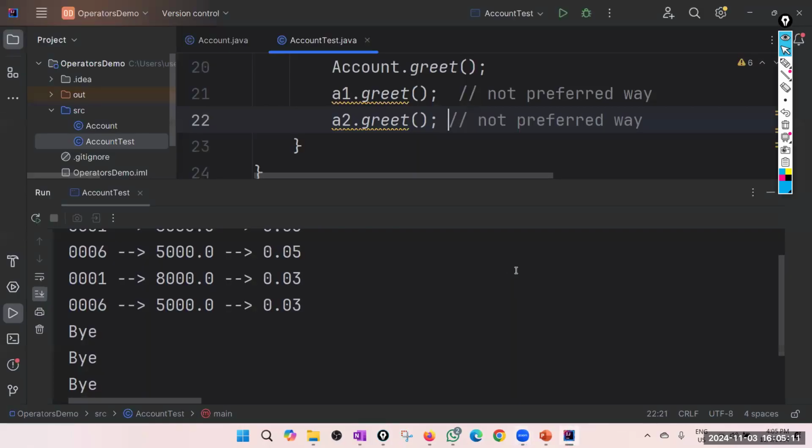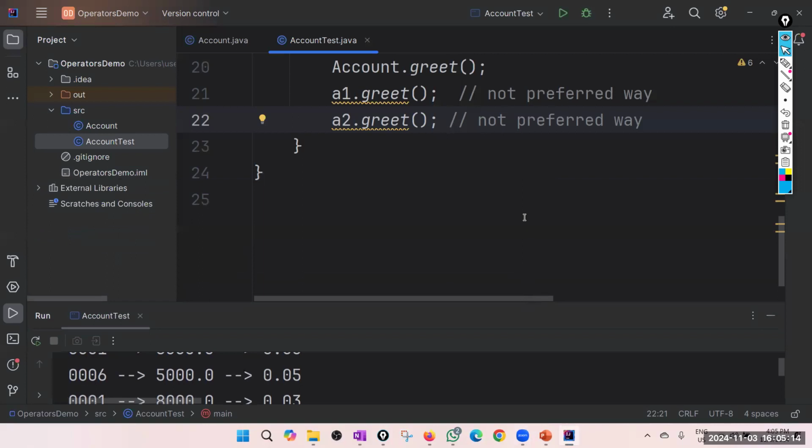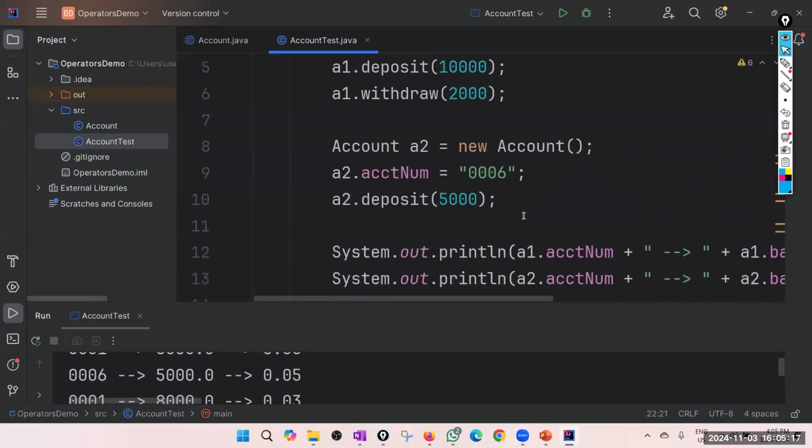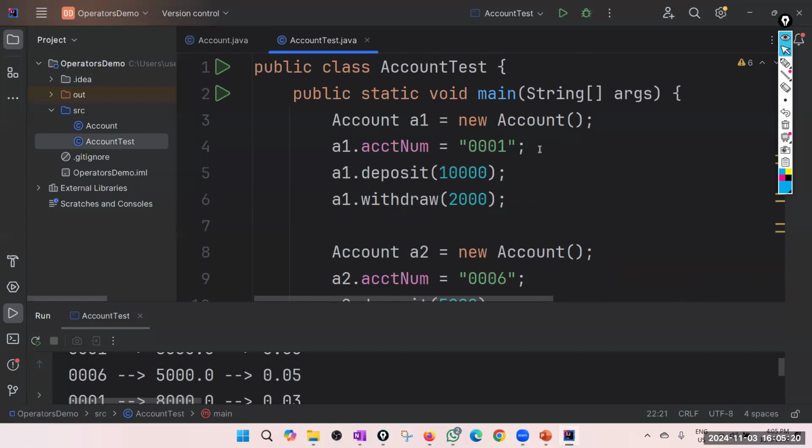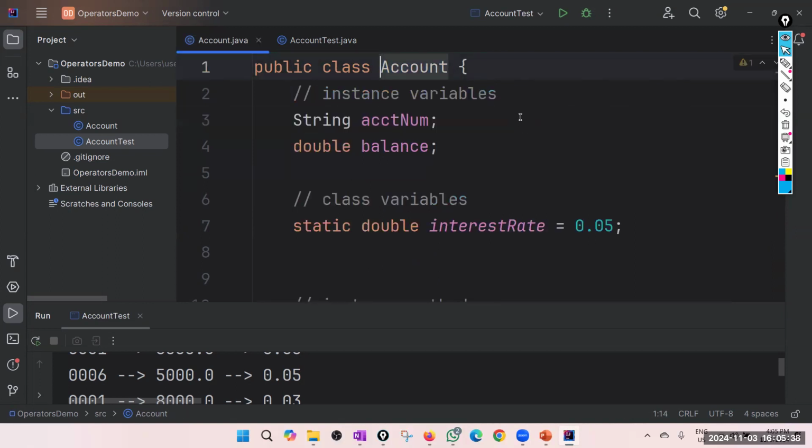Right. So now you know what is the instance variable, class variable, instance method, class method. Okay. So the next concept is constructor. So constructor is when you create an object, like say this is I'm creating an object. If you want to call a particular code at the object creation time and nothing afterwards, only at the object creation time that code must be executed and not afterwards, then you can create a constructor in your class.